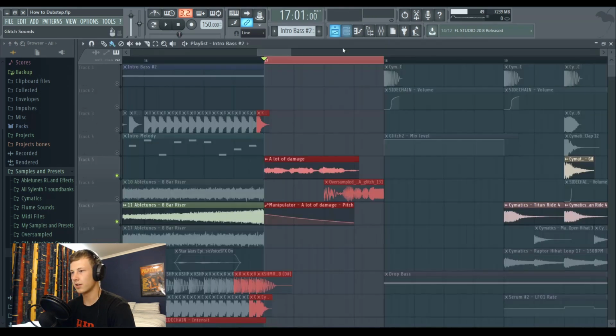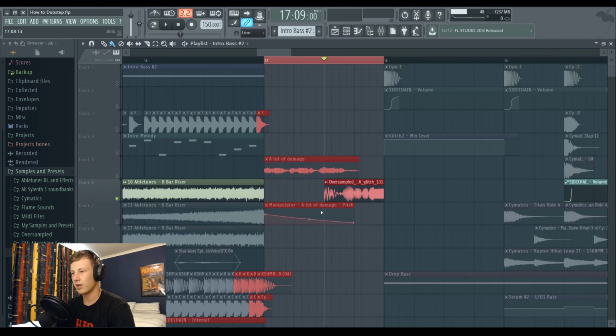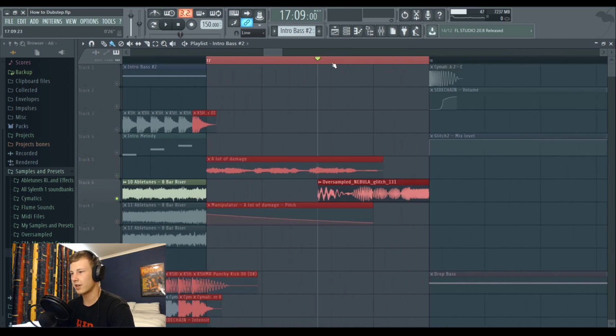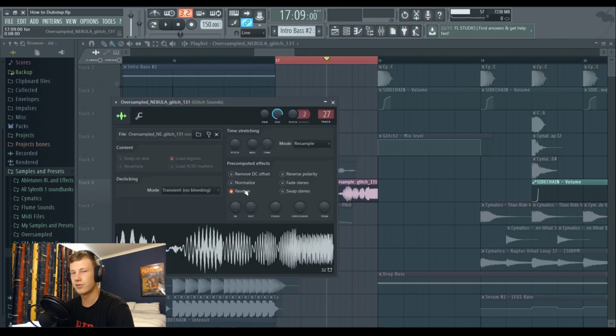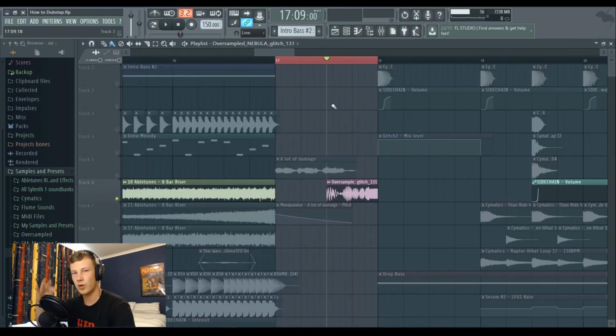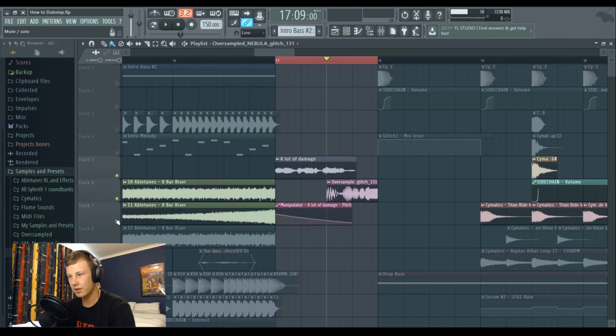Just a bit of OTT on that for some compression. I use a lot of these little glitch sounds that Oversample's put together. I think this one I just reversed that to sort of make a sweeping up, and so this goes,